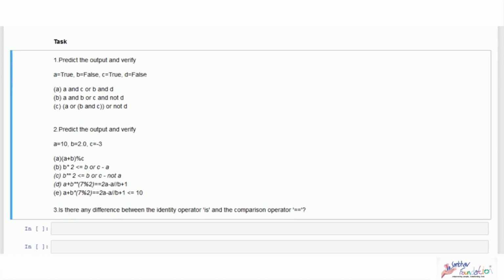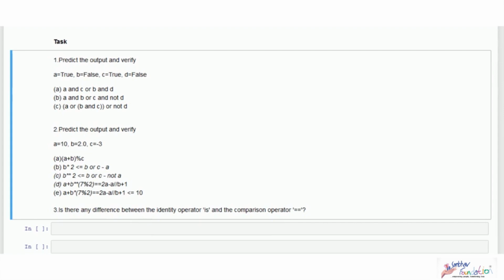Now I want you to try out this expression first: evaluate it manually, and then run it yourself in the code and find out whether your prediction is exactly the same as the result you obtain when you run this particular expression. So don't try it out directly. First do it yourself and then find the answer. And again, the second question is the same as the first. The difference is instead of Boolean values, you have numerical values and other operators. It is a mixture of many operators. So you need to consider the order of precedence also while evaluating these expressions.